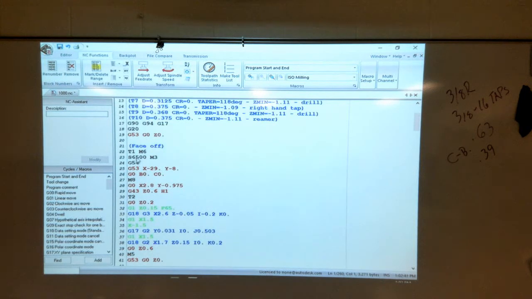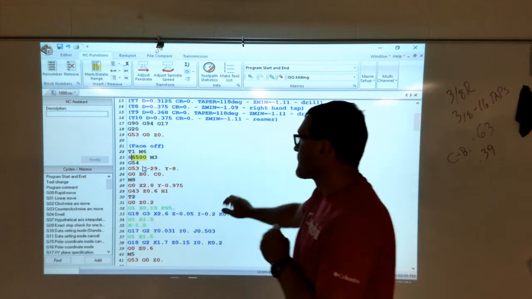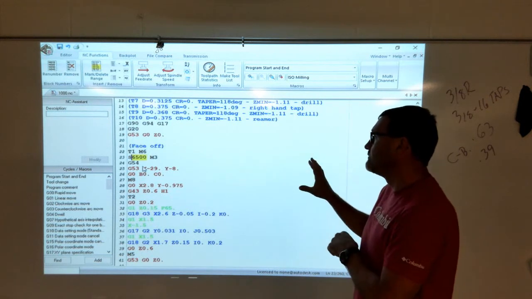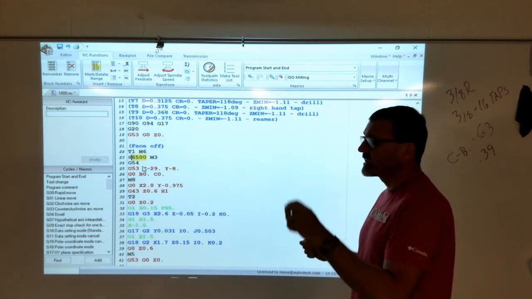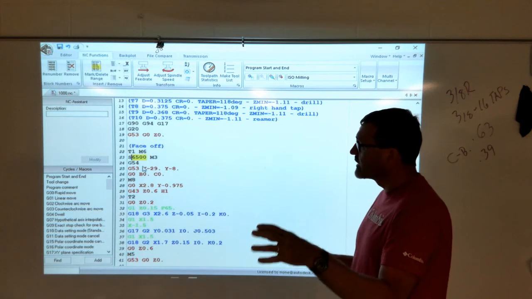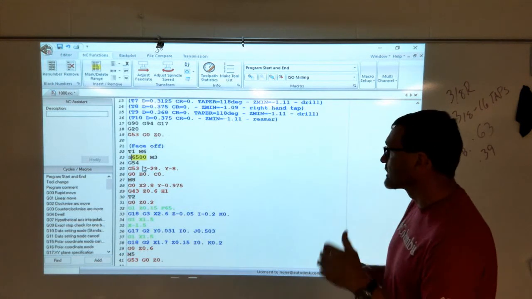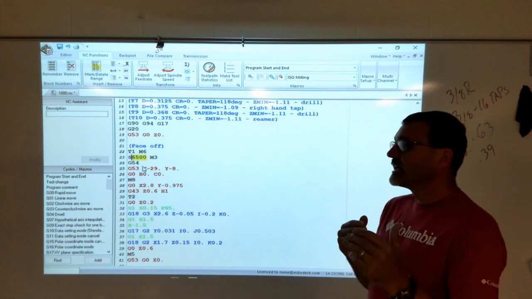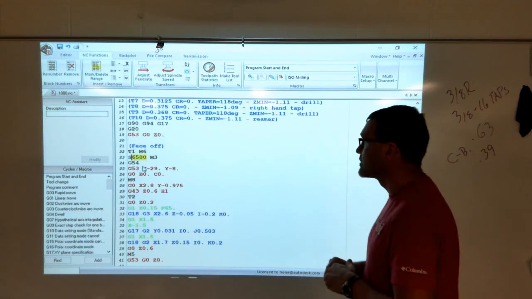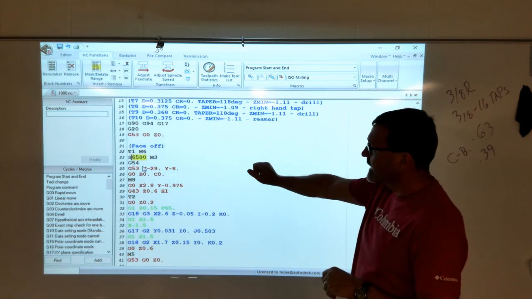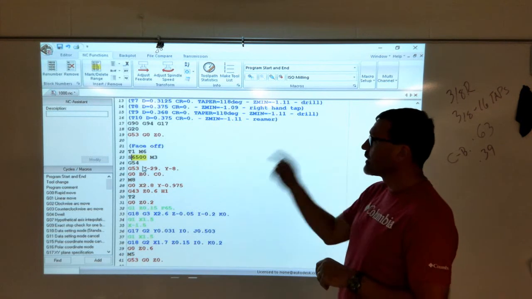We know that 6500 is pretty fast for our face mill. Even though that's a real quick change here, it's also a real quick change out on the machine. It doesn't really do us any good if we mess with the program here and save it, and then go out to the machine, mess with the program there, and save it. Then when we go to run it again and pull it off of our computer, laptop, or network, it won't be the same, and we're going to end up spending about 2 hours in program edits again. So instead of going through and editing this, it's smarter to go back now